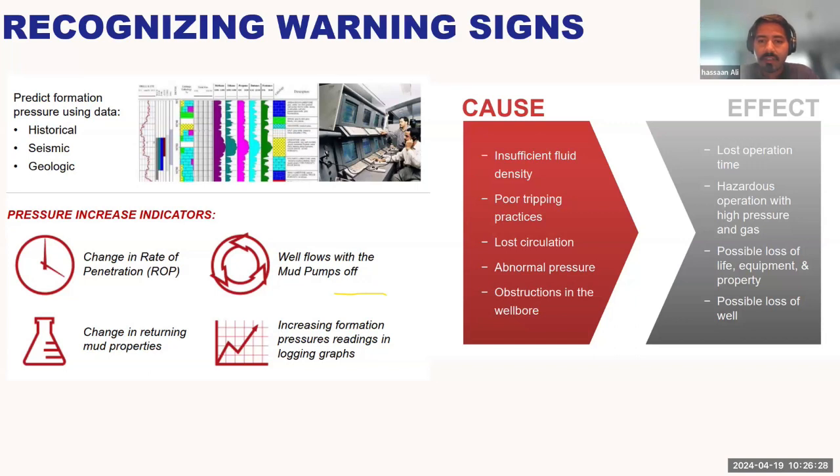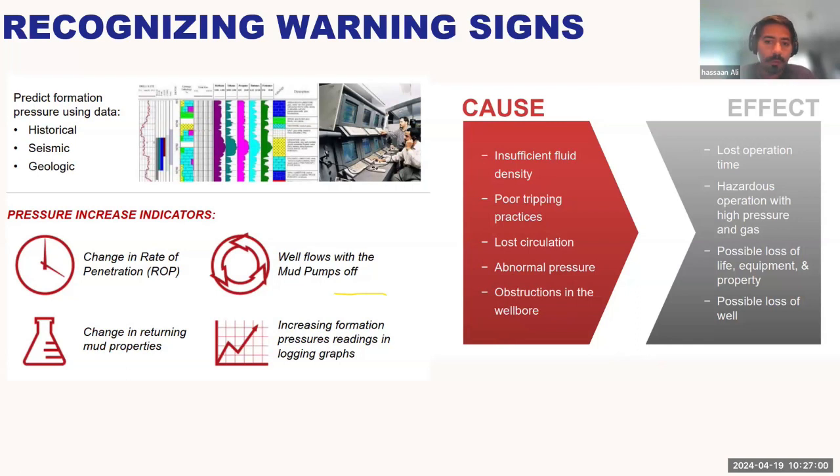When you have a lesser amount of mud coming up to the top and more being injected downhole, that means you have a phenomenon called loss circulation. That means your mud is getting pushed into the formation. It's not coming to the top. So these are all the different causes that can result in different types of effects. Primarily, loss circulation, abnormal pressure, and obstructions in the well bore can result in a loss of well,